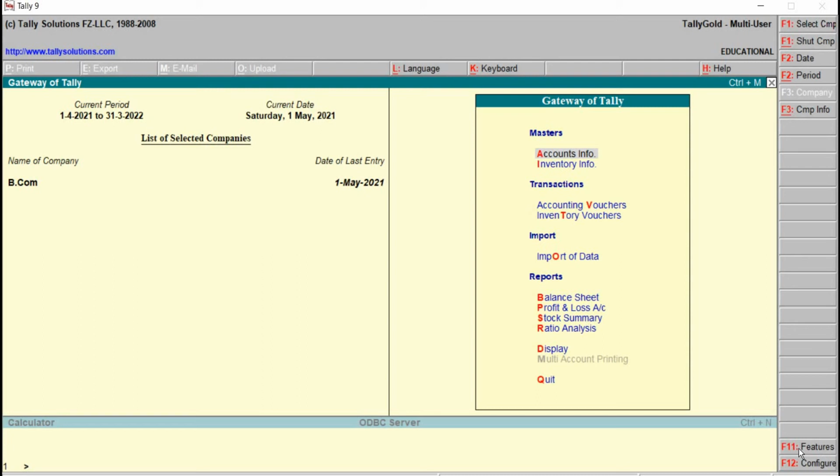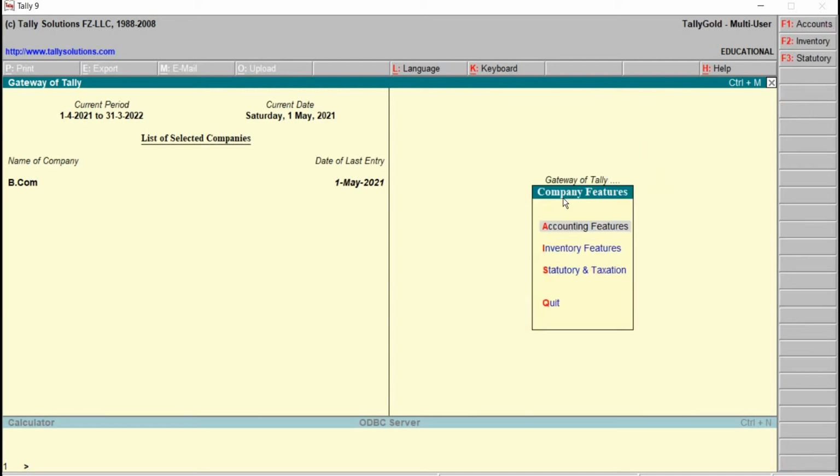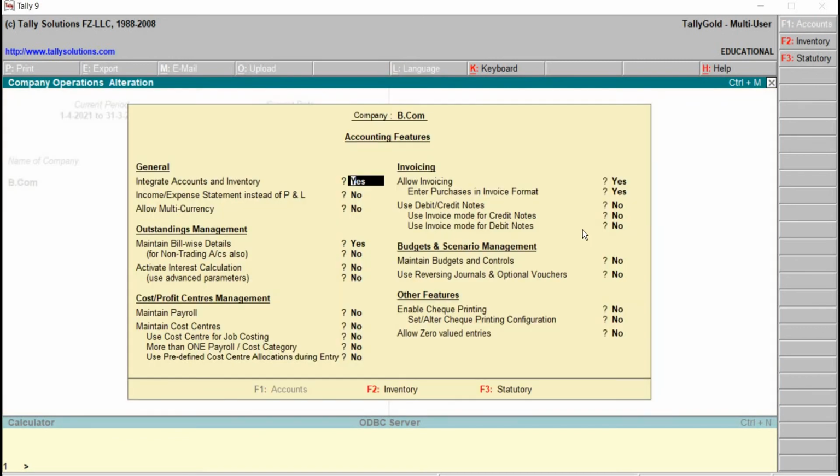This will take us to company features, or sometimes we just call it Tally features also. Here we have three: accounting features, inventory features, statutory and taxation. Under this we have to go back to accounting features. Okay, this is one way to go.